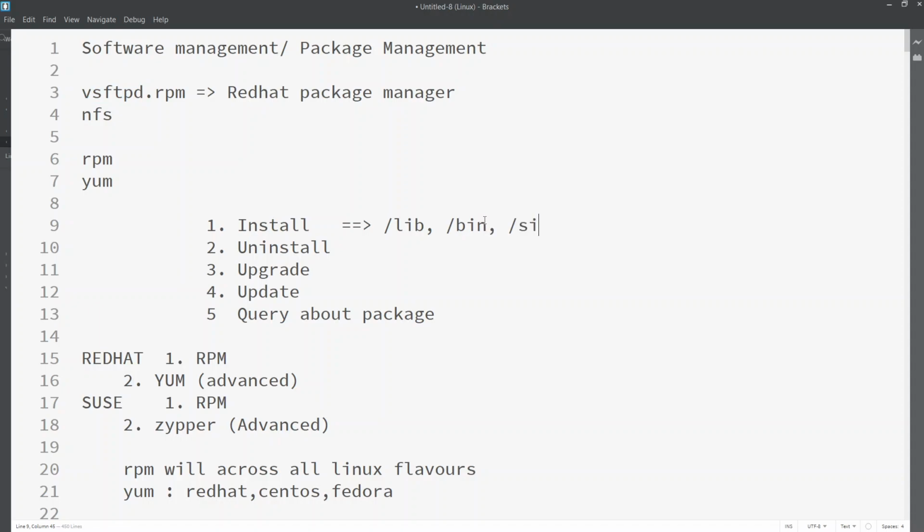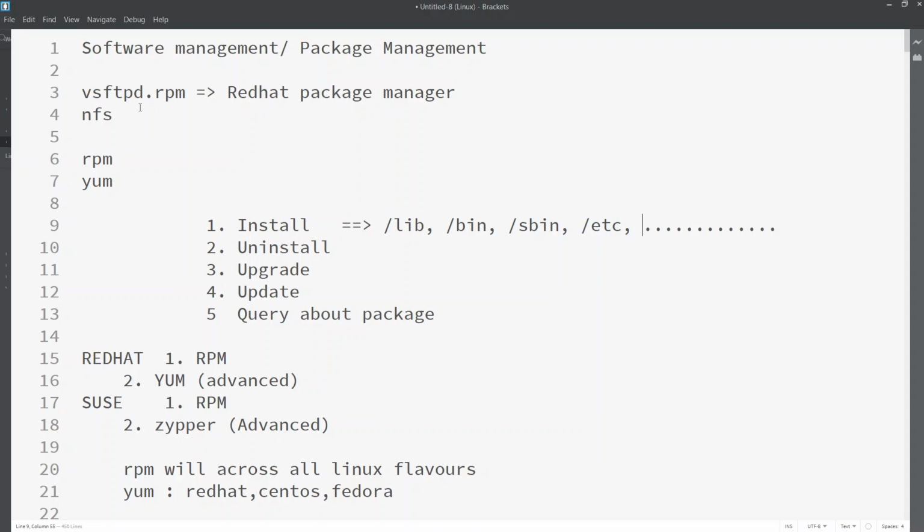If there are superuser binaries, meaning superuser commands, it will keep them in /sbin, right? And something like that. So it will keep all the respective files. For example, if it has any configuration files, it will keep them in /etc.